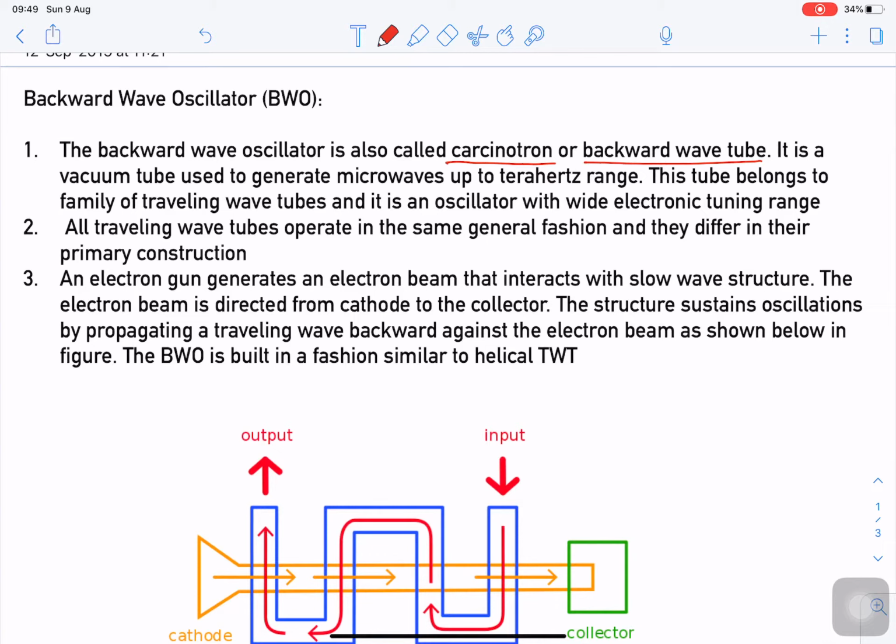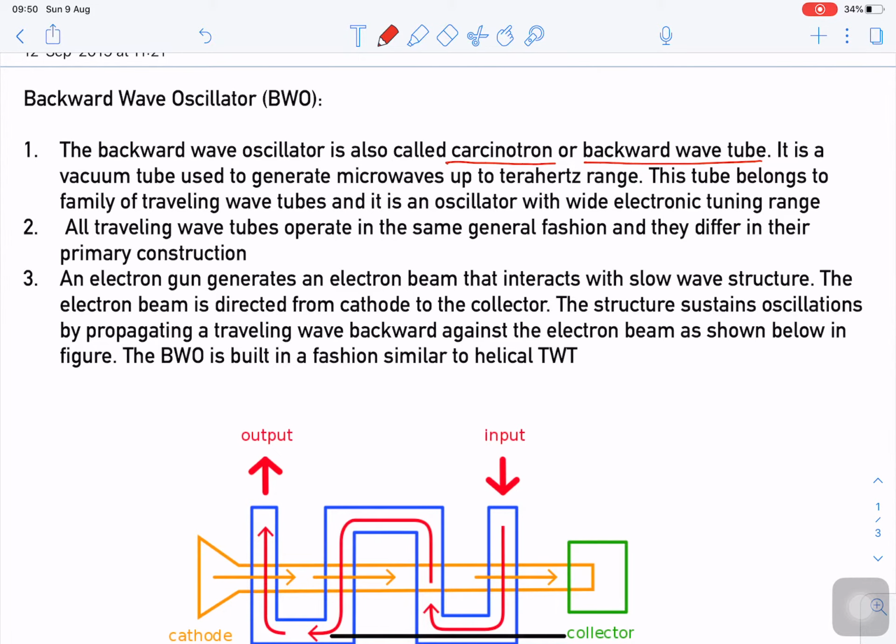The axial electric field which will get generated because of the introduction of the microwave signal is in the same direction as the propagation of electrons, right? So here, how is this particular tube different in construction compared to the traveling wave tube? Essentially it is based on the construction of the traveling wave tube. The only difference over here is that in this particular tube the propagation of the wave is taking place from the opposite side, and rather than an amplifier, this particular microwave tube is acting as an oscillator, right? So let us see how.